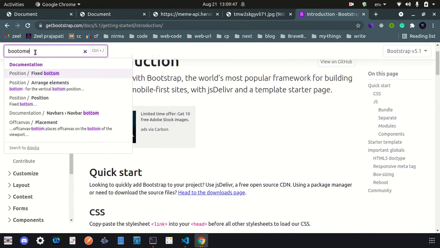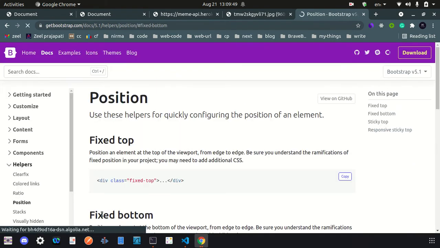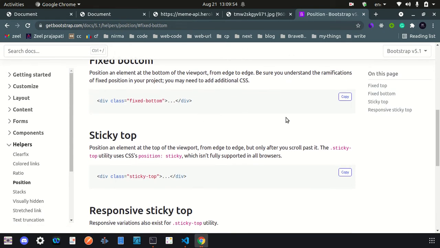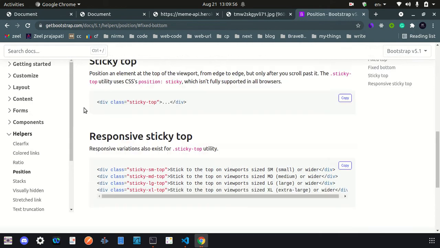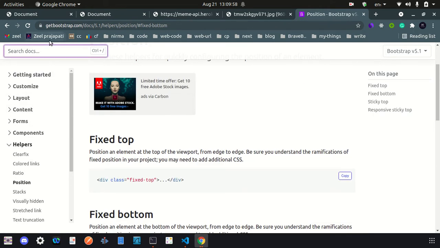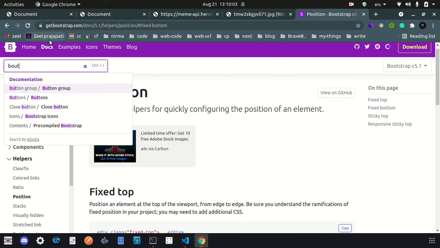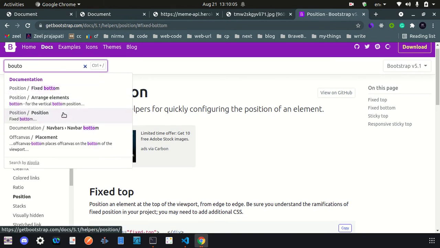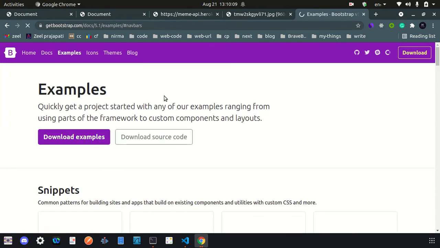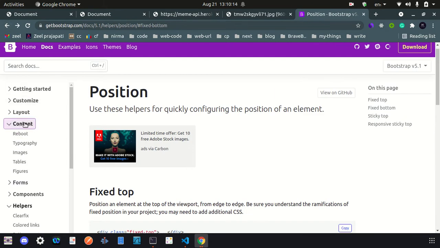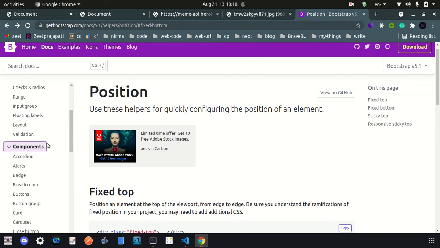Some of you might not know what Bootstrap is, that's why I am giving some light about this. We have to use simple buttons. Where am I going to find buttons?